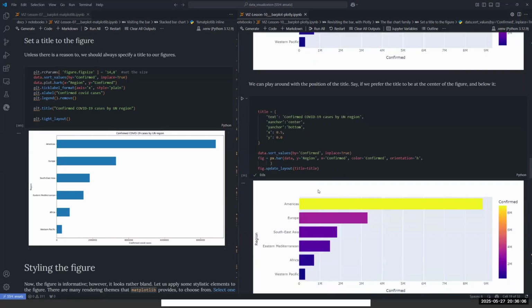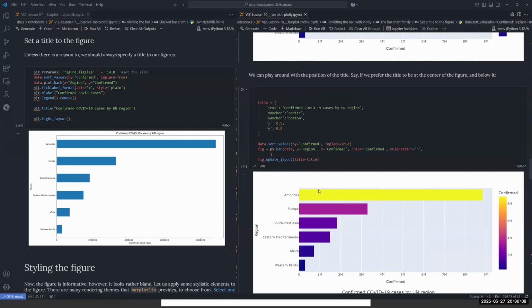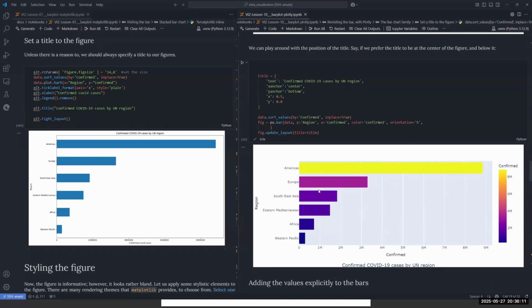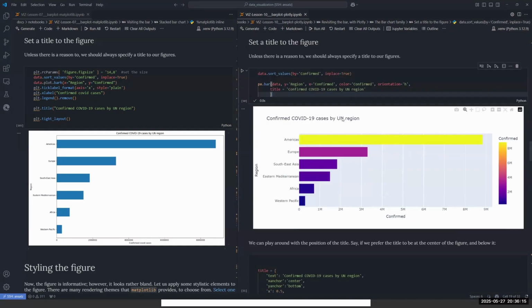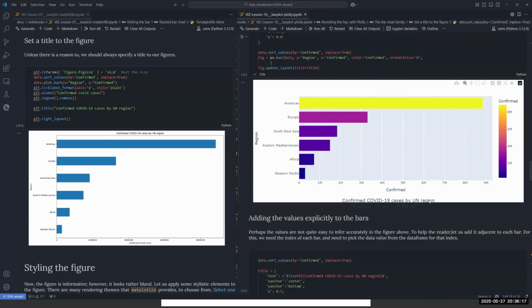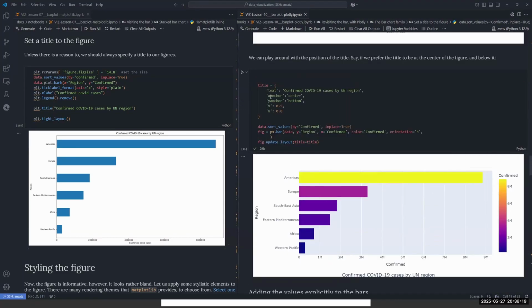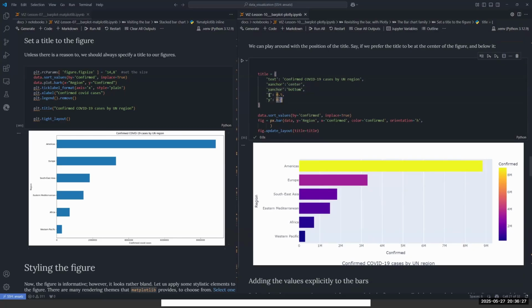So when we go ahead, we can play around and we can change the position of this, right? So it was towards the top. We are going to place it in different locations by just using x anchor, y anchor, center to the bottom. You can see it's center to the bottom and with some of the padding which is required. And then